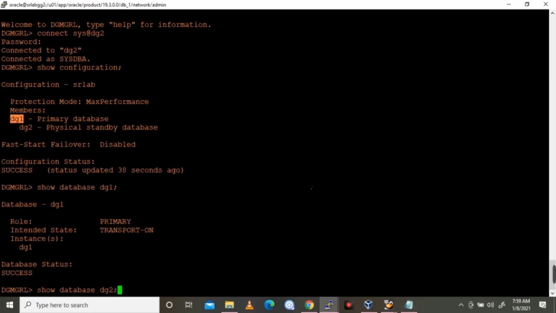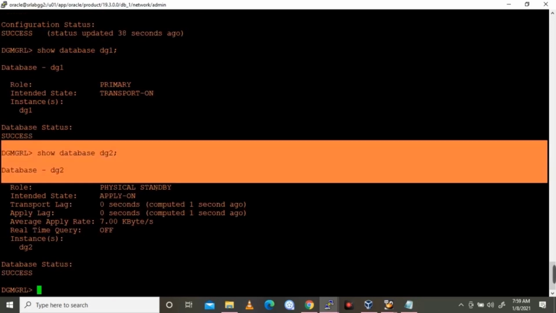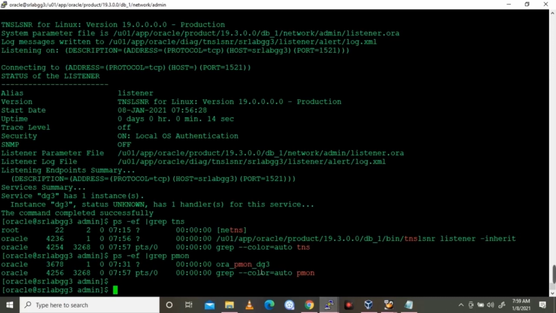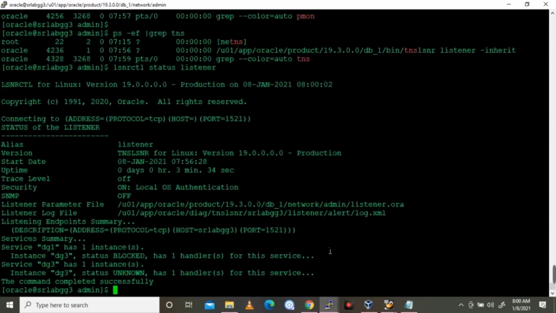Here it is. I have the primary database running on node 1 and the standby database running on digi2. So, configuration: you can see digi1 is the primary database and digi2 the physical standby database. I am going to add another additional physical standby database, digi3. After that I am going to convert it to a snapshot standby database.